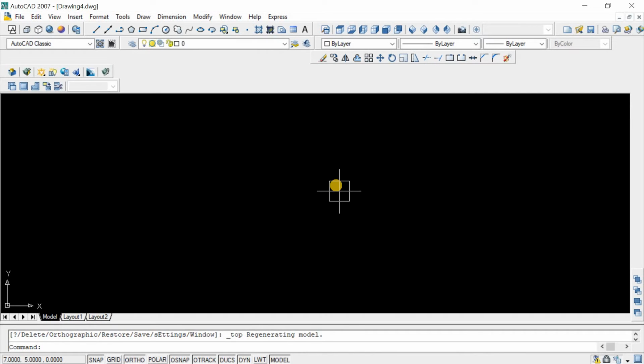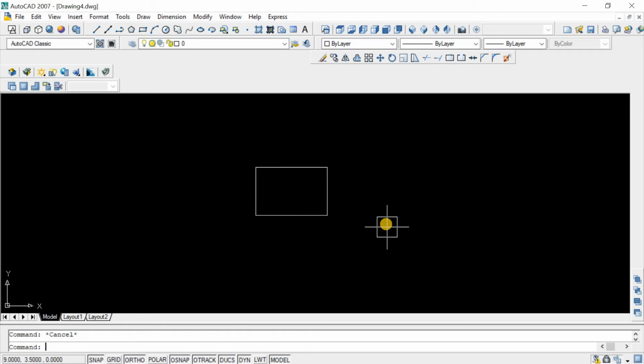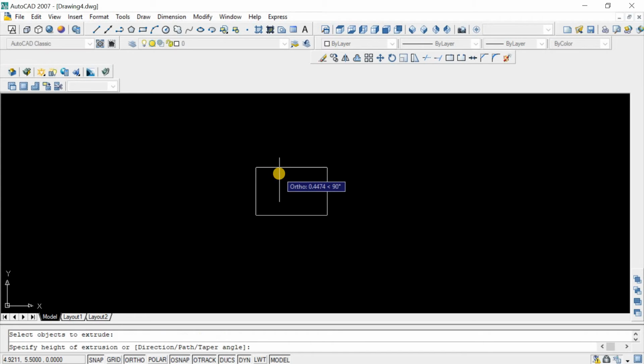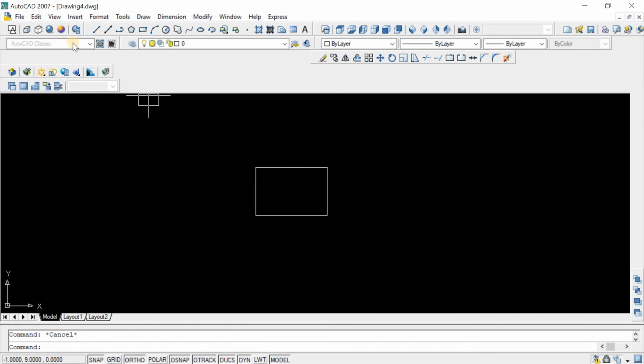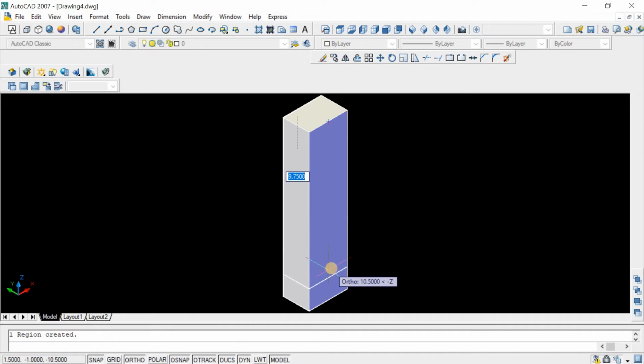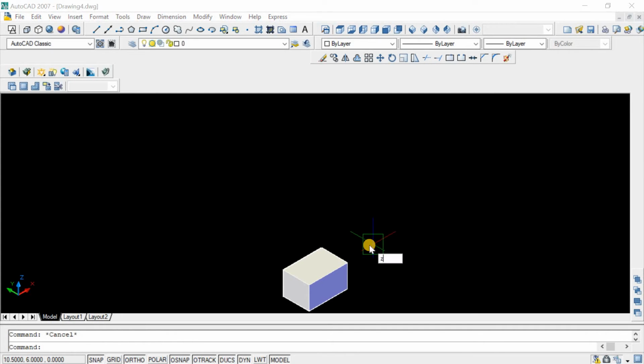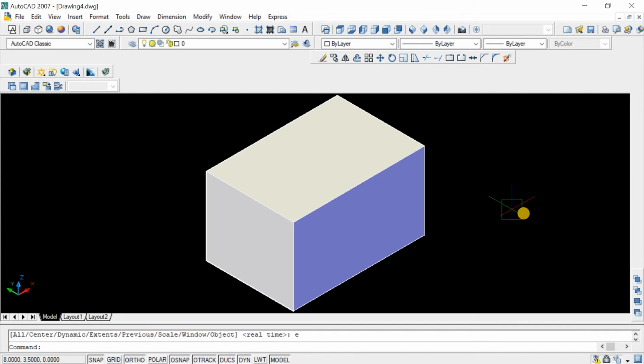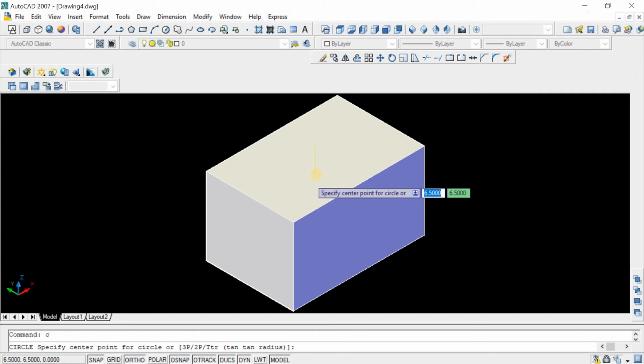Go to top view, and sometimes, for example, I just want to draw a rectangle and extrude it by 12. Now I want to click on Visualize and go to the isometric view, press and hold Ctrl and Alt keys at a time and click on this face to use for the press pull. And now what I can do is set the UCS, because in AutoCAD whatever you draw,